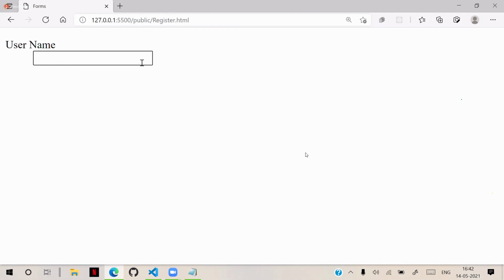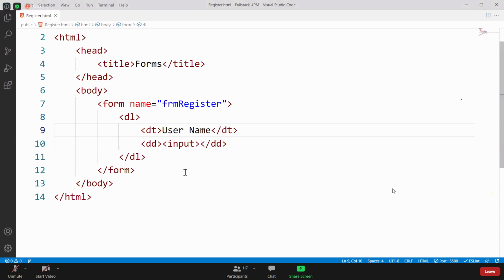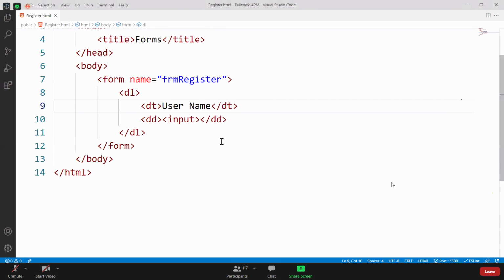So we can design input for various types, for string, for password, for number, for date, for different types. In HTML5, they introduced several new types for various data that you can define by using the type attribute.